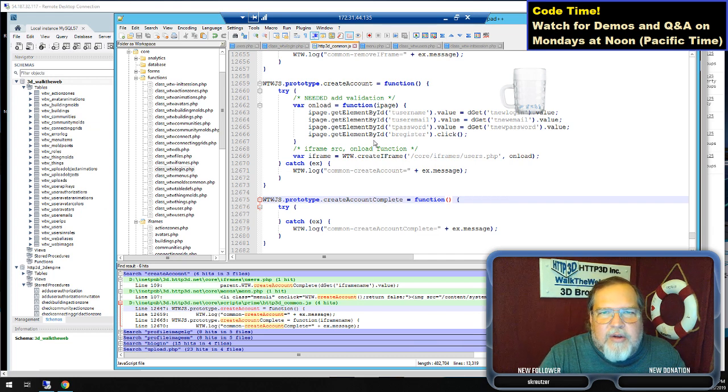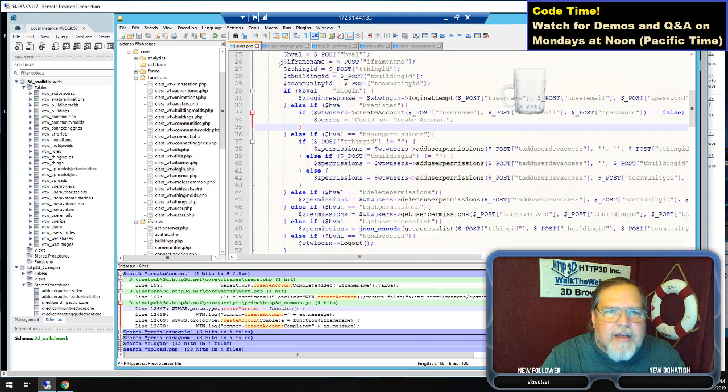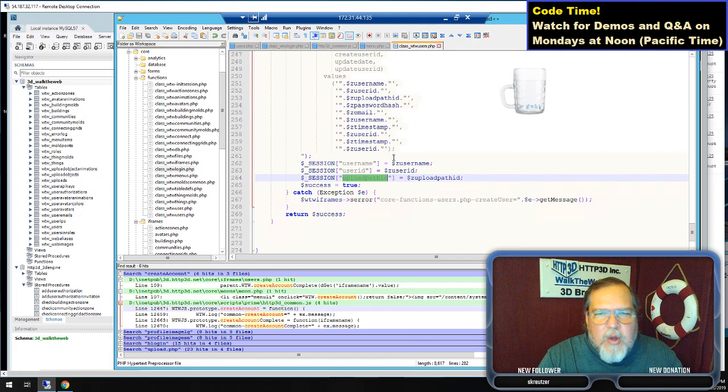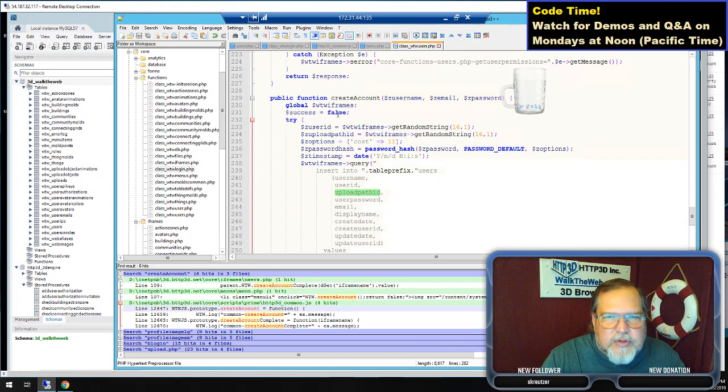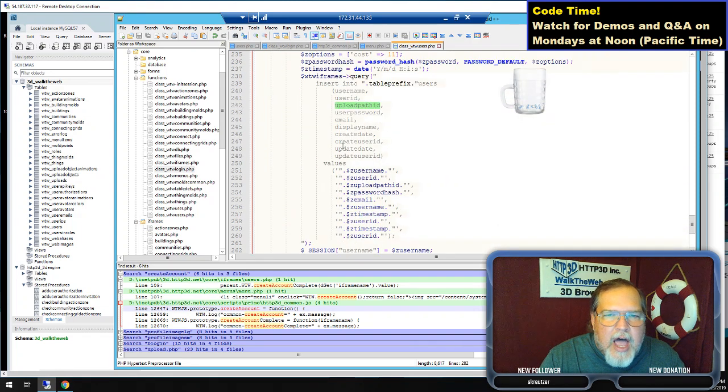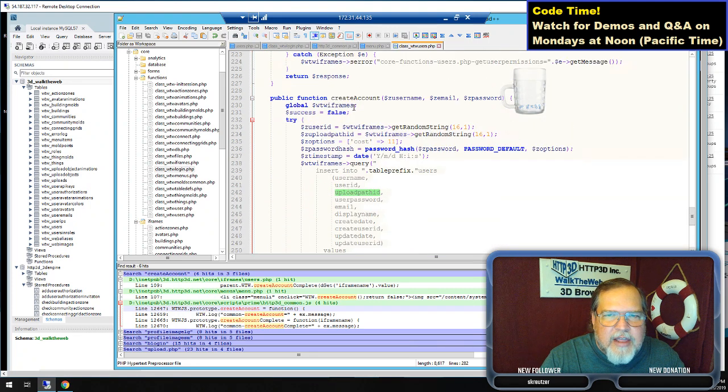Okay, so now jumping in here, what do we have? We have the function going in there. We grabbed what we needed from there. We have user going in here. We're saying create the user. We have username, email, password, and I'm going to be returning values, so I'm not going to return just blah, blah, blah. We're going to do this in two steps. I'm going to change that, but I'm going to change it afterwards. What I want to do is this. First of all, I want to know if it's successful. I want to know if there's any